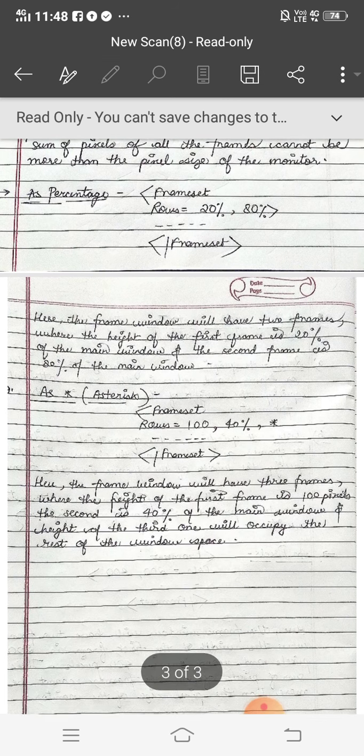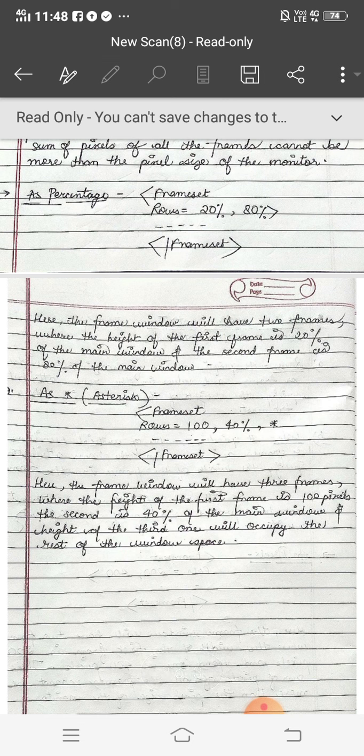The last option we can have for measuring the value of rows and cols is the asterisk. Here asterisk means remaining. You can give frameset any attribute, rows or cols, equal to 100, 40%, asterisk. So here the frame window will have three frames.